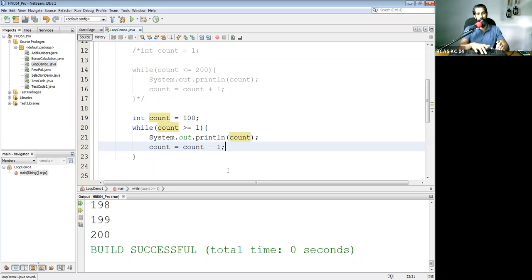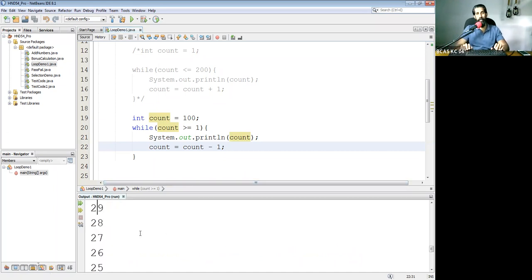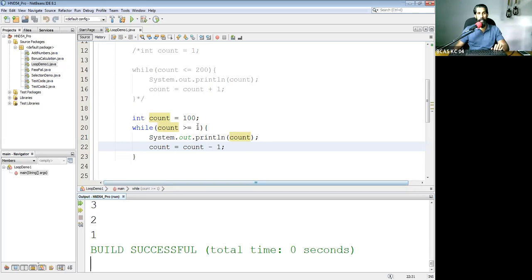I'm going to press Shift F6 now. Let's run like that. There you can see, here we go. It does the work like that, right? So starting value is 100, 99, 98, 97. Likewise, it has printed all the way up to 1. If you type here minus 20, it will go up to minus 20. That is possible.